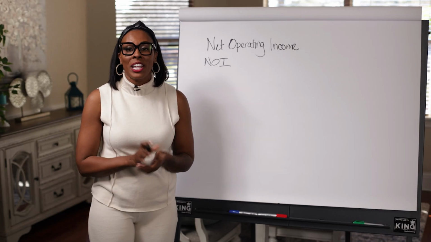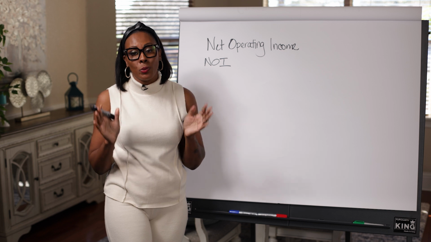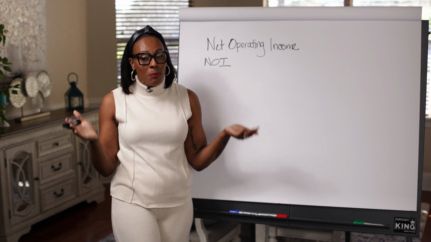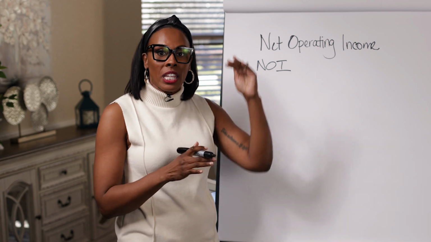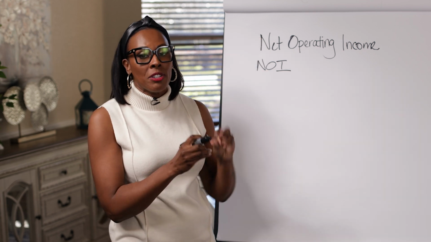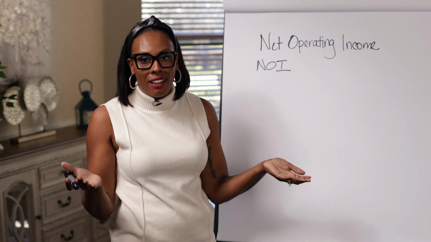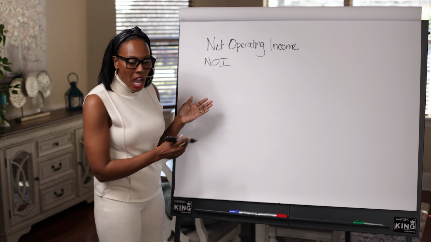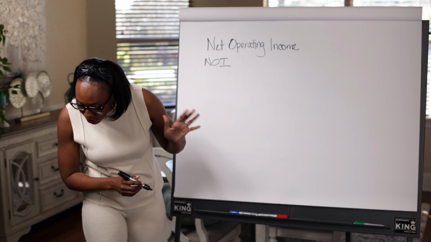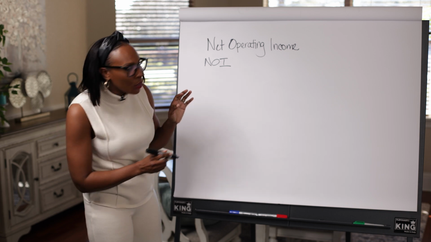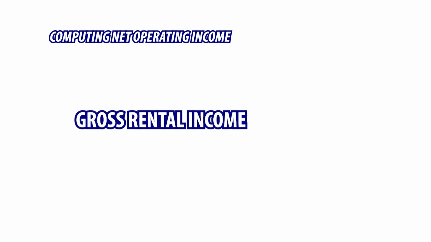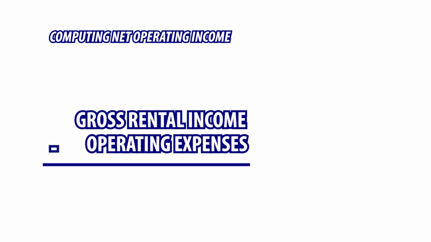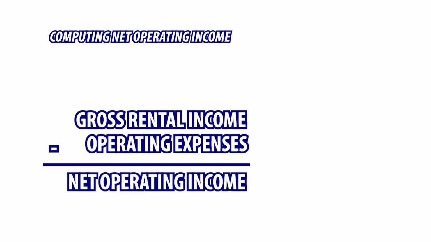In this example, you are buying an apartment building. Apartment buildings are one of the best real estate investments because people need a place to live, and it's a place where you can get a lot of units into one place, so you don't have to manage a bunch of different properties to get a lot of doors. So for example, say you're looking at an apartment building and it has a net operating income that you need to figure out. In order to figure this out, you're going to have to take your gross rental income and subtract the operating expenses. This is a simple calculation of figuring out net operating income.